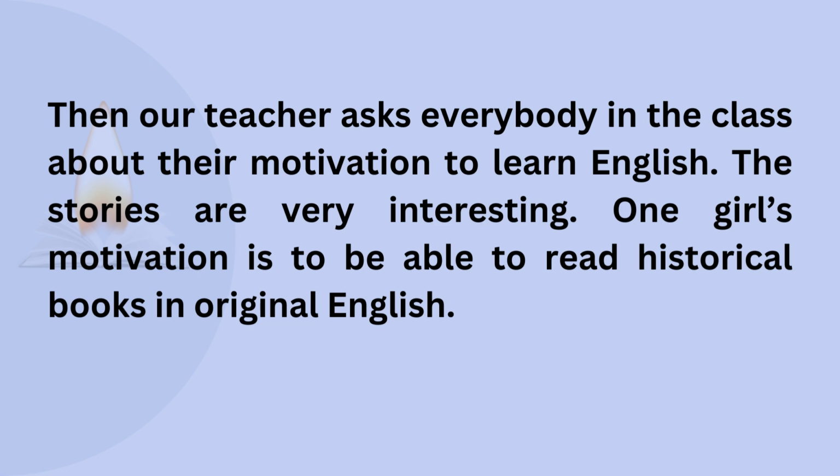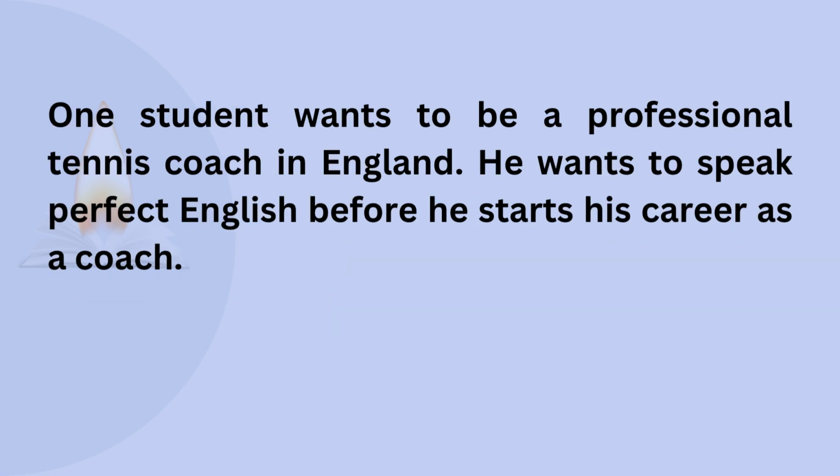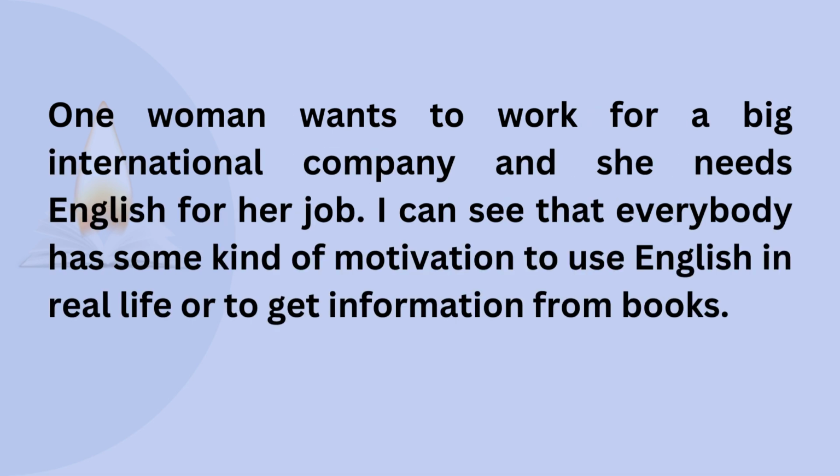Then our teacher asks everybody in the class about their motivation to learn English. The stories are very interesting. One girl's motivation is to be able to read historical books in original English. One student wants to be a professional tennis coach in England. He wants to speak perfect English before he starts his career as a coach. One woman wants to work for a big international company, and she needs English for her job. I can see that everybody has some kind of motivation to use English in real life, or to get information